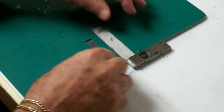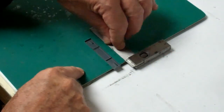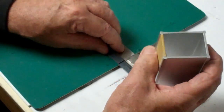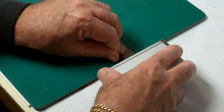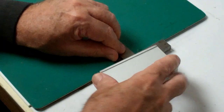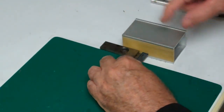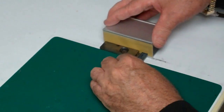So there is a sanding tool for this, but I like to use something that's a little easier to handle. I put my square against a pad like this, in this case the cutting pad, and then I press that against my square, and the sanding block, which is the aluminum with a piece of sandpaper, against that, and then holding it, and then just a few swipes. Never pull back, because if you pull back you'll pull this way. So it's always in a forward motion against the block. Keep the square, hands on the square, thumb pushing it very gently against the sanding pad. A few gentle swipes,